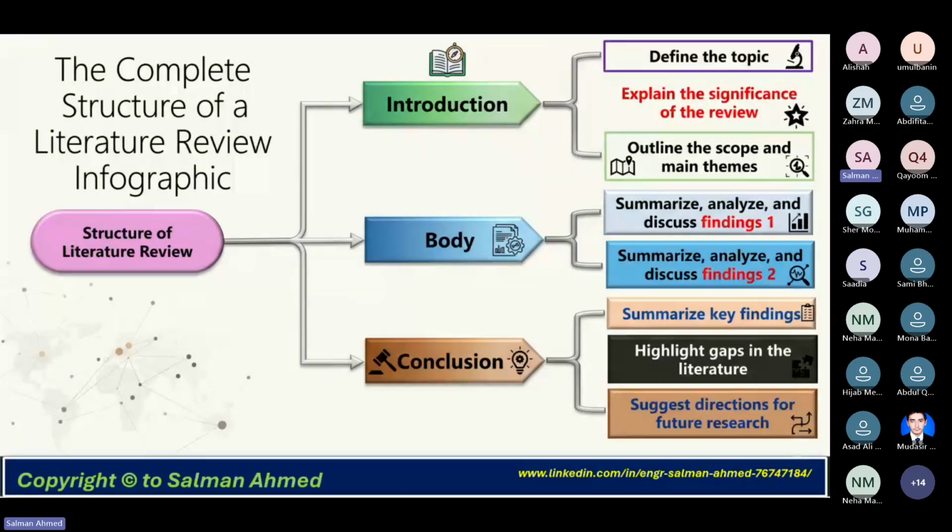Then after that, we will discuss the outline and scope of their main themes. Inside the body, we will summarize their analysis and discuss their findings, what were the particular results of that literature.